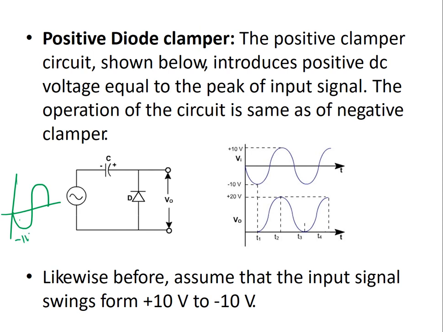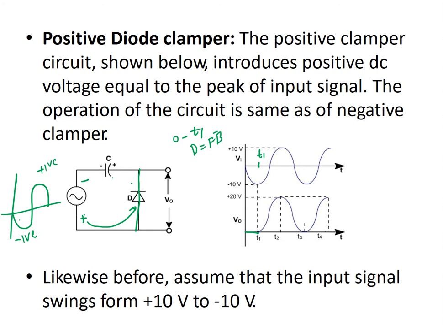So first I am having the negative cycle, this is the positive cycle. I am getting the negative cycle here just for illustration purposes, so that the concept will become more clear. Negative cycle means here I am having negative and here I am positive, right? So this is the negative cycle configuration, means positive is connected here and negative is connected here. So between, let's say this is T1 duration, so 0 to T1, this diode will be forward bias. Forward bias means short circuit, so output voltage will be 0, and during this the capacitor will charge.